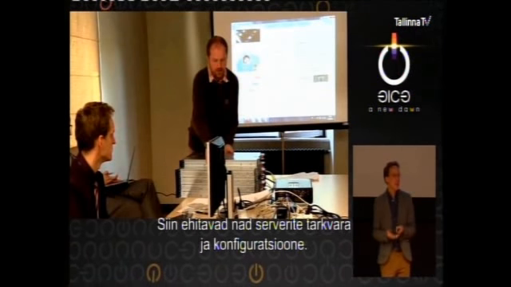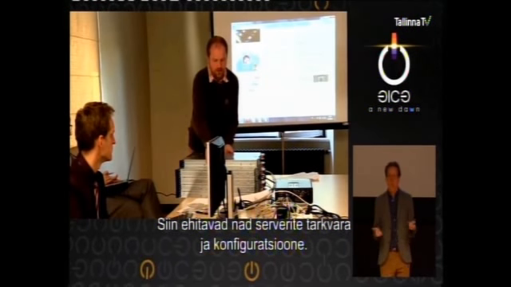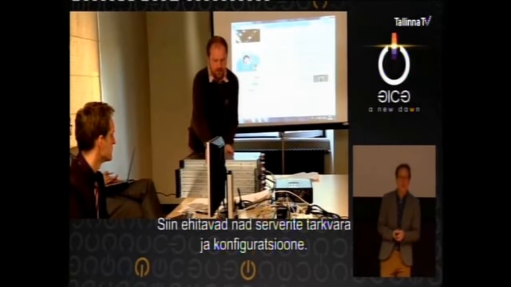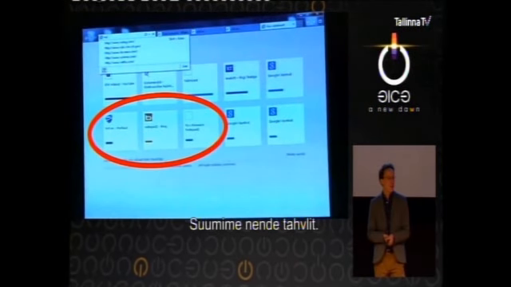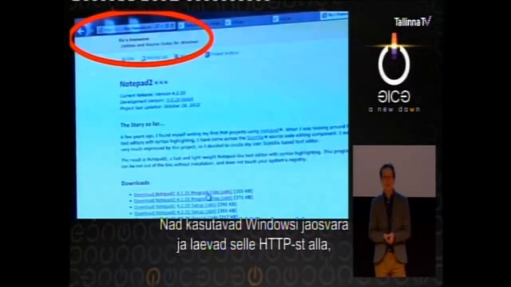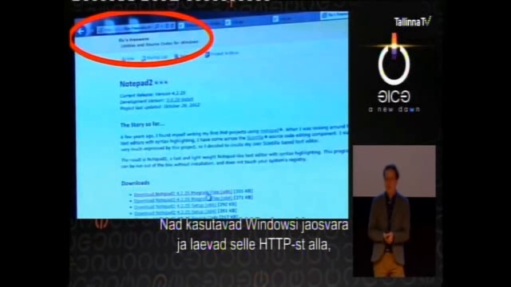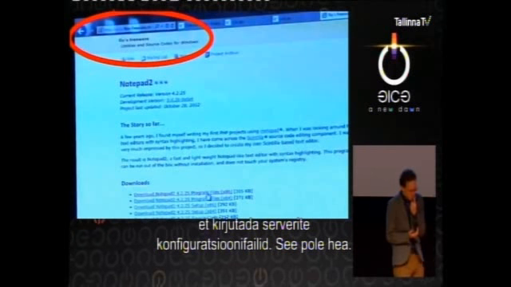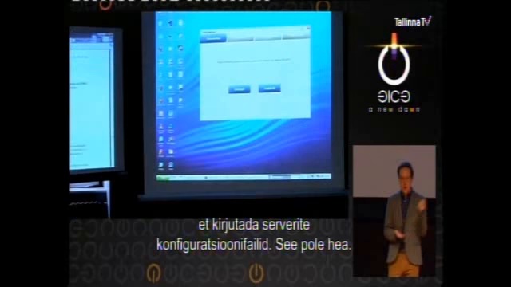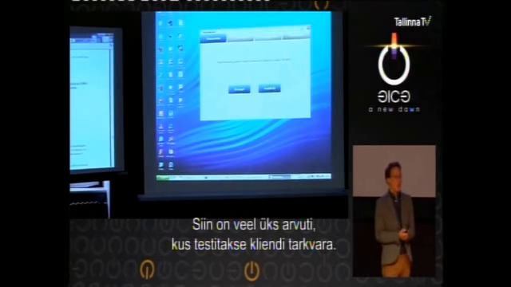All right, here they are building some of the software and the servers and the configuration for the real machines. Let's zoom in on their whiteboard here. Oh dear, okay, so they're using some Windows shareware they're downloading over HTTP in order to write the configuration files for the servers. This doesn't look good. All right, let's move on.